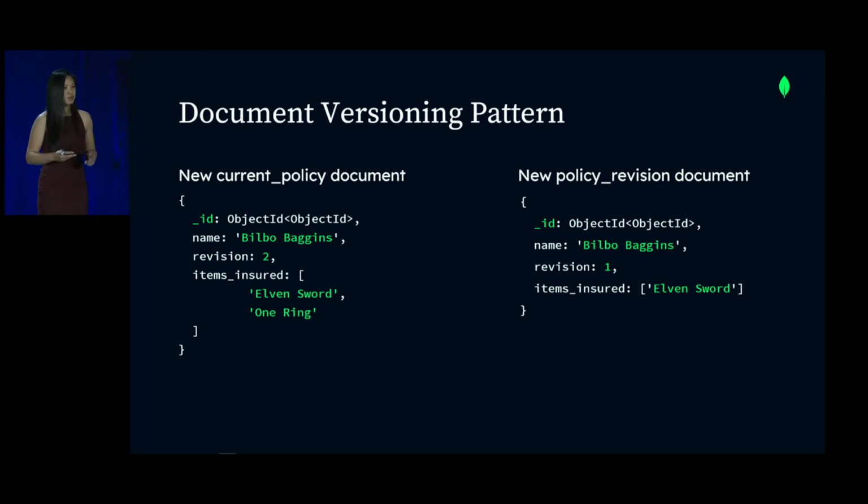So in this case, this is great because every time you need to query or look somebody up for their insurance policy in this particular case, you will always have the most current version available because you can just look at the revision. And if you ever need to audit something, which is very common for something like a regulated industry like insurance or in banking or in finance, then you also have the historical data of all the revisions that have ever been made with the policy revision collection. So that's another way to be able to store this in a document data model form.